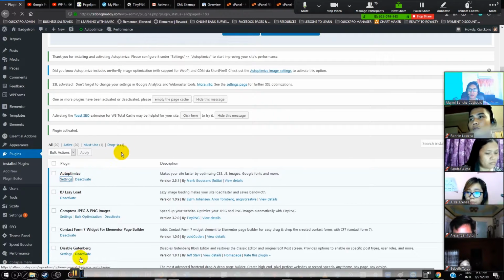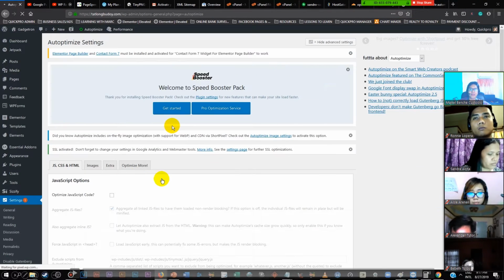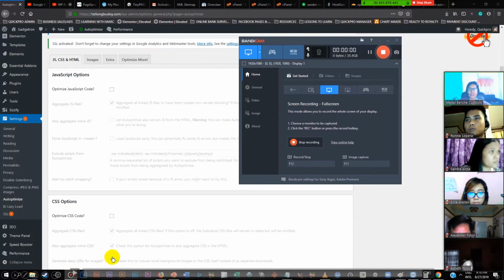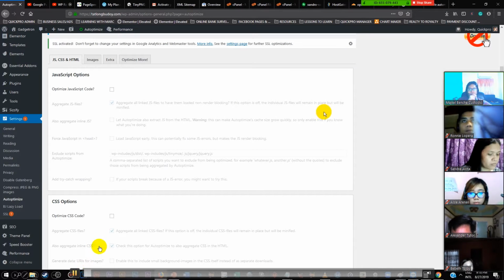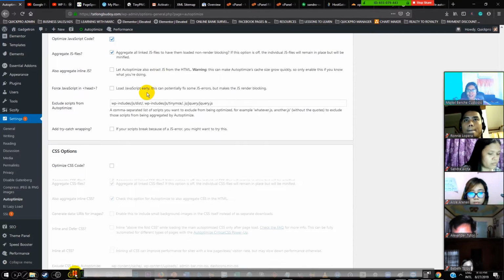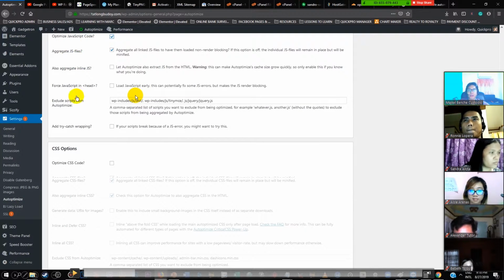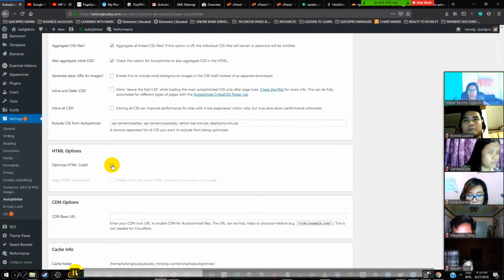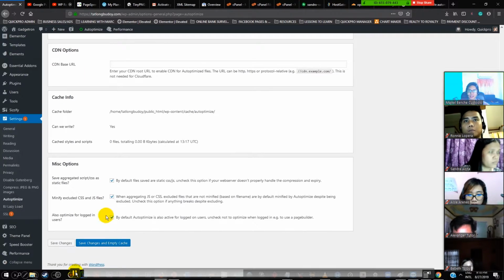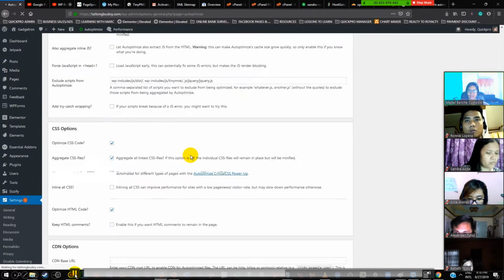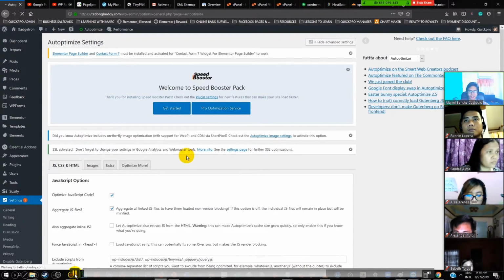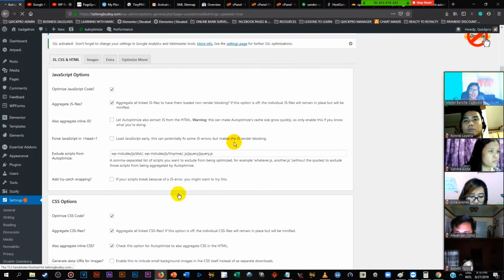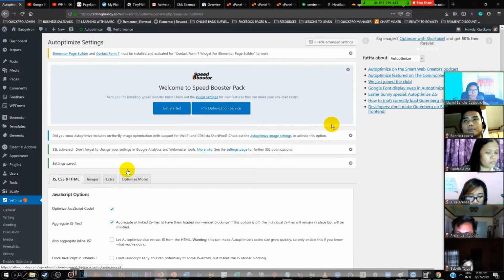But it has a deeper function. Click on settings of Auto Optimize, and we're gonna be led here. In the settings, check the first one, Auto Optimize JavaScript, optimize CSS code, optimize HTML code, and save changes and empty the cache. There you go. That's all you need to do.